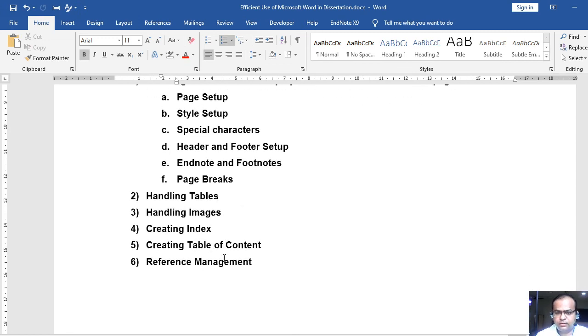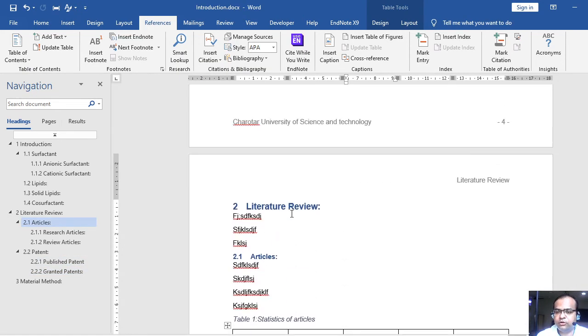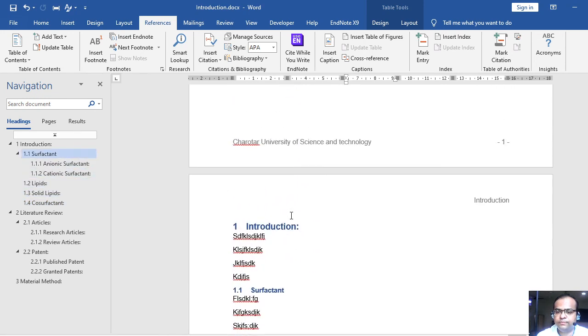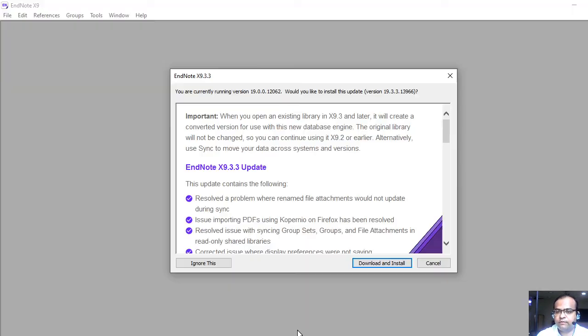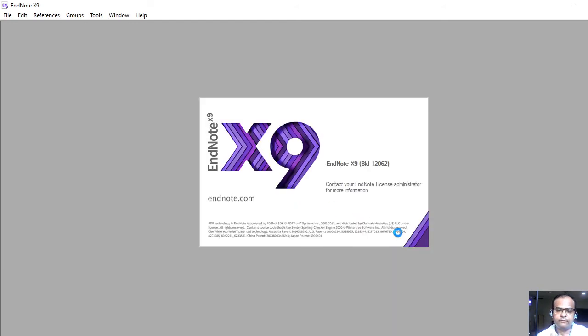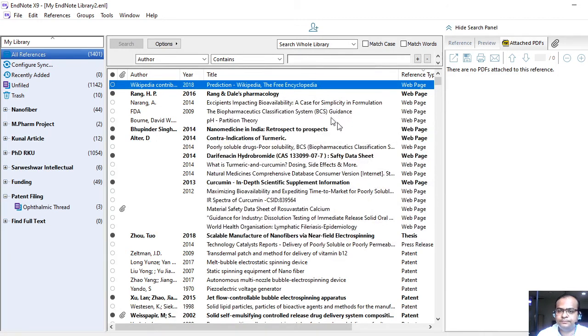Now, just let me keep track. Okay, so creating the table is done; next is reference management. We are talking about scientific write-up, so obviously you have to cite lots of work here, so don't do it manually. There are lots of open source software available. EndNote is a paid version, but there are Mendeley and lots of other open source and free tools you may find. Just Google it.